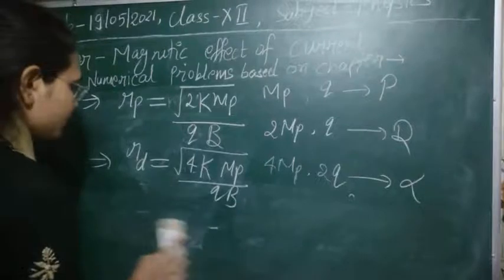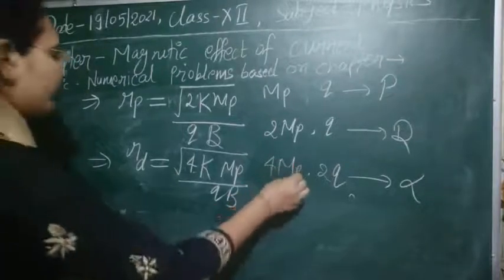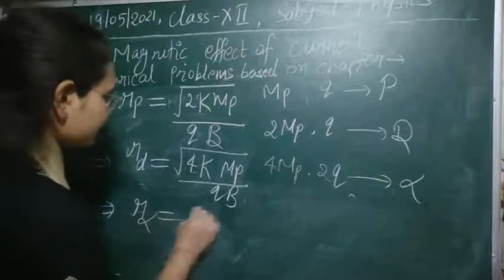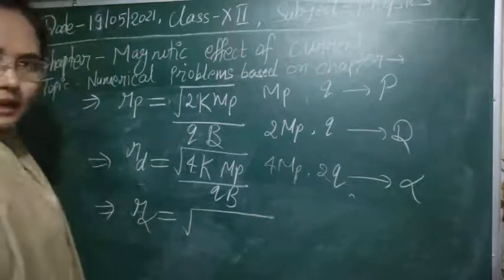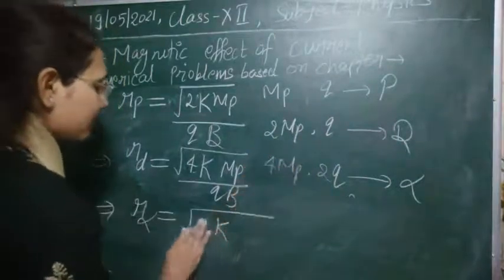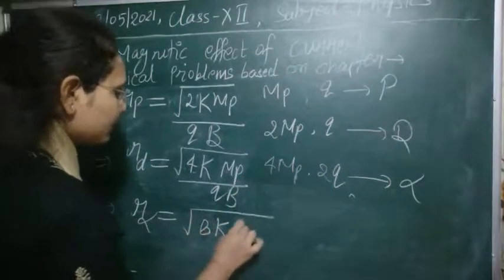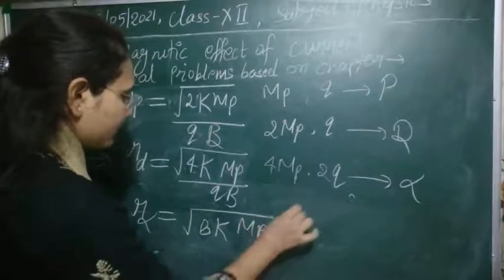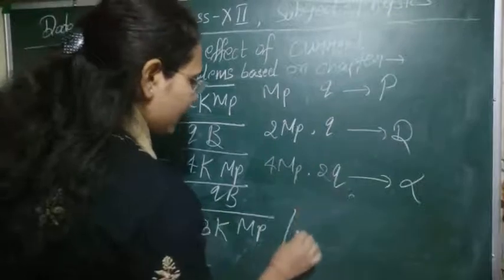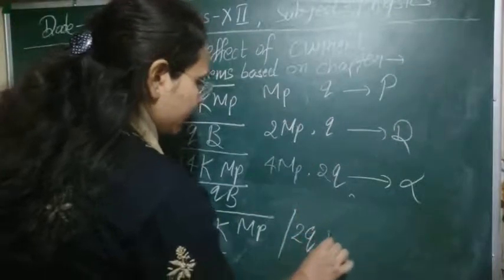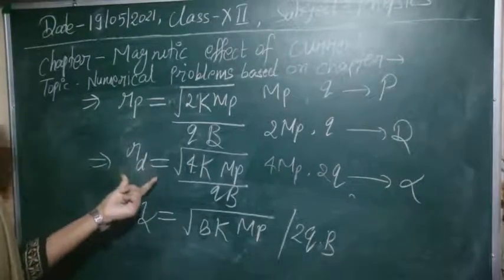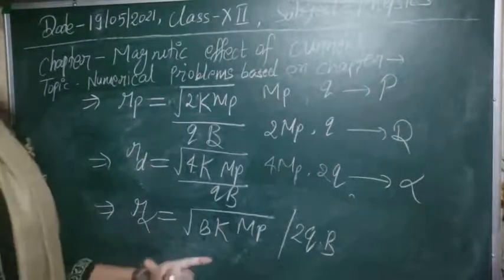Now the last case we have is the alpha particle. For the alpha particle we can write the radius as 2K m. So this is 2, this is K, and as m is equal to 4 times mp, this will be 8 mp, divided by the charge, which is 2q, and we have magnetic field B. So there are three cases for the radii of these three particles that we have just calculated.